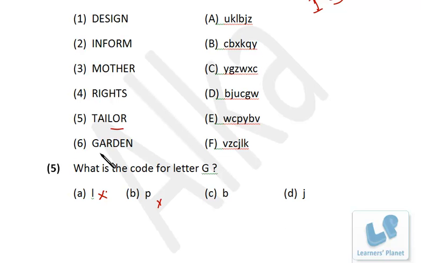Now you see GARDEN. Still over here also we have G. Now out of B and J, we just have J over here, right? We don't have B. That means G is actually J. Right? So very simply we have done the 5 questions, right? If you are going to spend some 2-3 minutes in doing these 5 questions, that is worth spending, right? Because questions are really very easy. Okay.